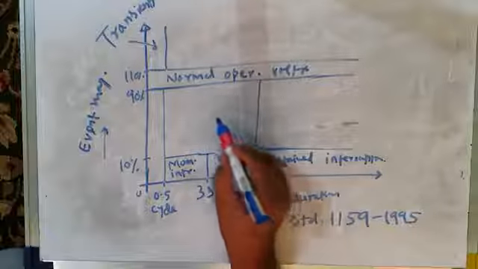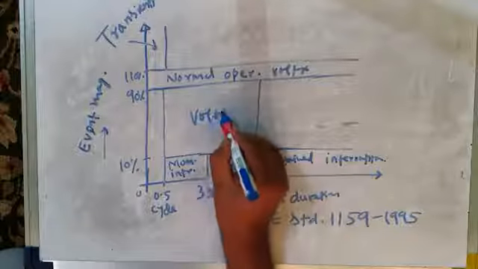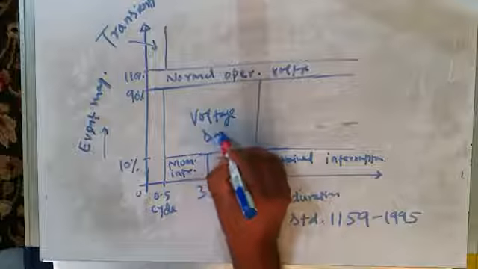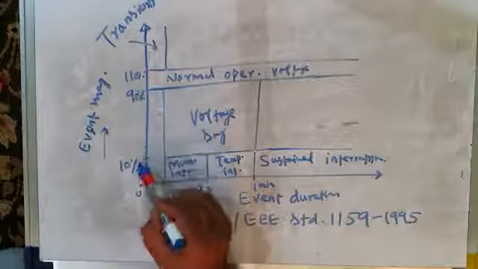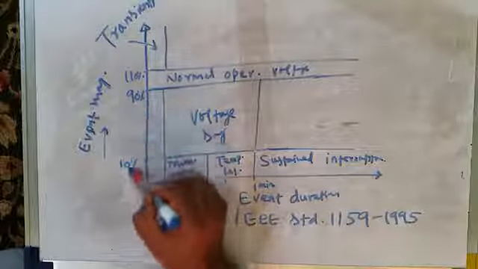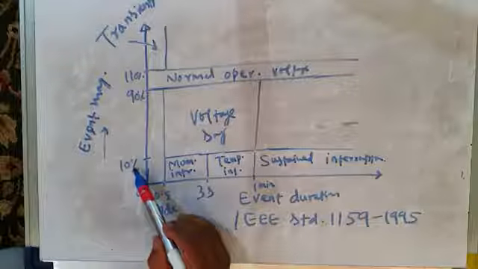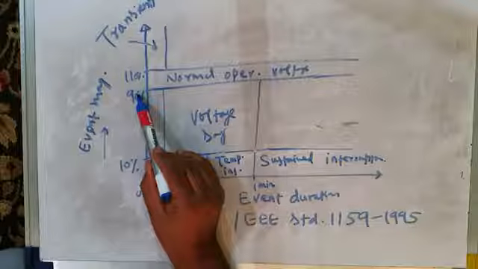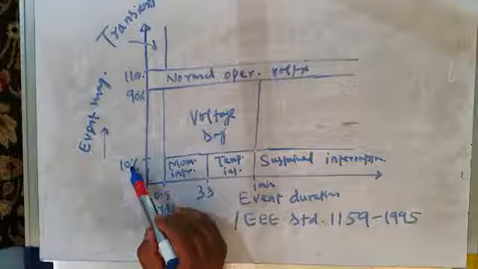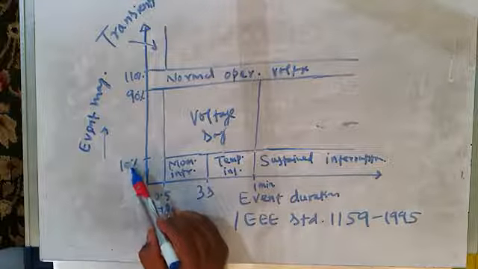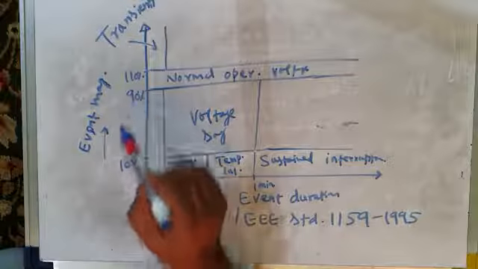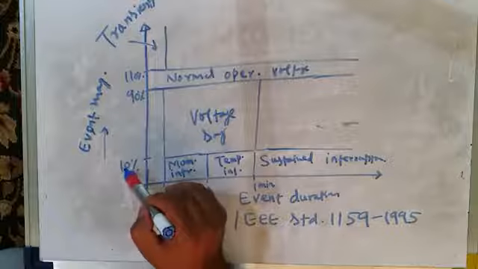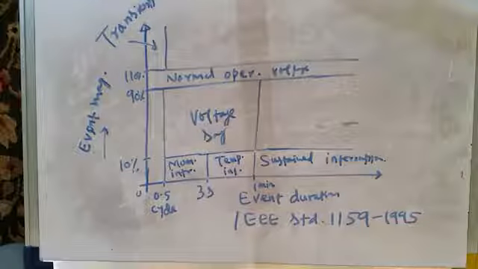Then this is voltage sag. As you know, voltage sag is a decrease in the voltage between 10% and 90%. Just a few moments back we have defined it. If the voltage drops up to 90% or less than 90%, but up to 10%, not less than 10%. Less than 10% means interruption. So if the voltage dips and it is between 90% and 10% of declared value or rated value,